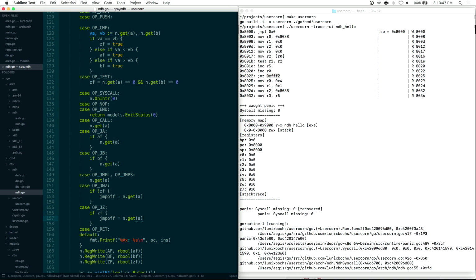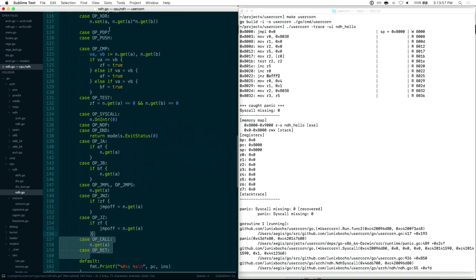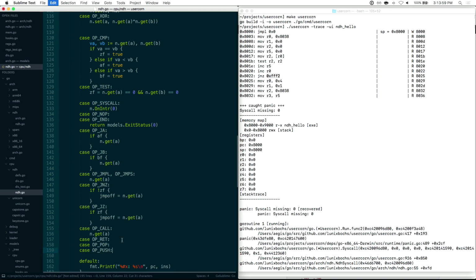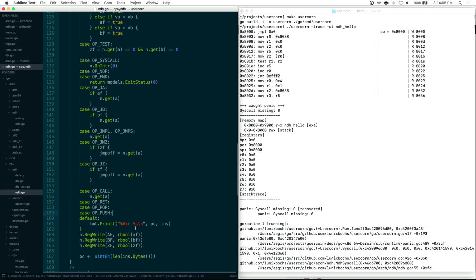L and S are unconditional. Ret is another stack, so call and ret are going to go next to each other. And push and pop are going to go down there too. So